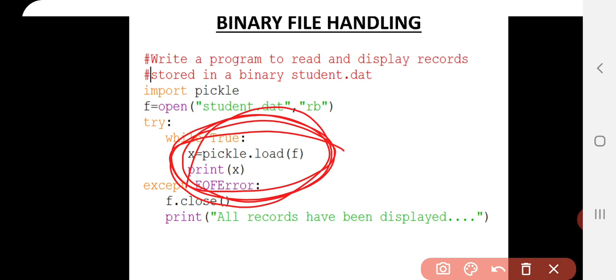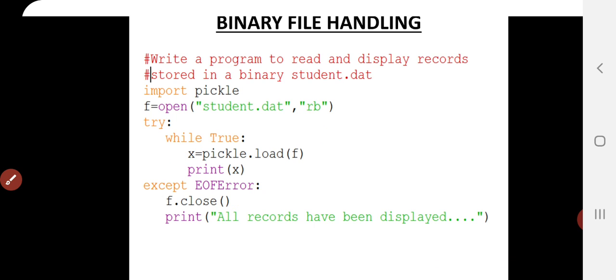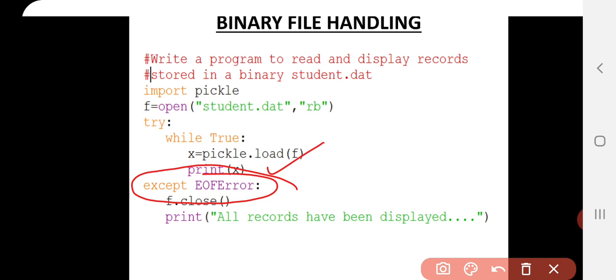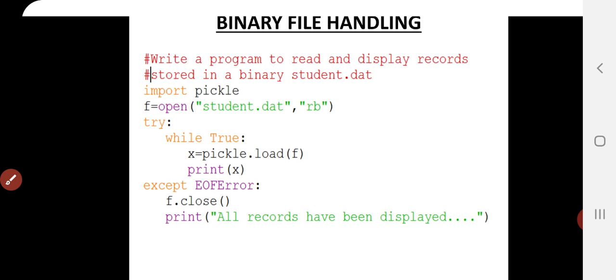All the time the records will keep on being read and the print statement will keep on printing, and when the end of file is encountered, the reading process is complete. Then the EOF error will be raised, and when the EOF error is raised, the program will reach the except block, and the error will be trapped by the except block, and the file will be immediately closed. Thereafter I have printed a message, all records have been printed. You will see that all records have actually been printed on the screen, and thereafter this message will also be printed. So this is the program to print the records.